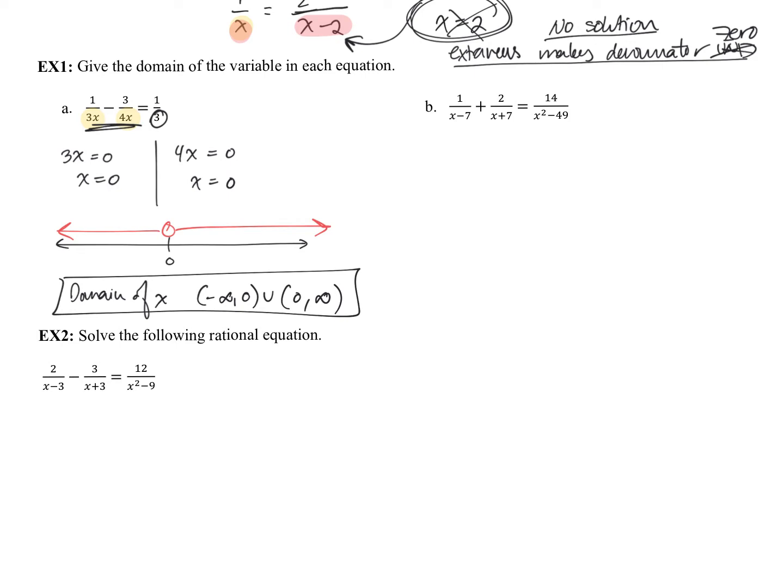Okay, so we have our variable in all three denominators this time. So once again, we have to set it up and figure out which values make my denominator 0. We can't have those because that's undefined. Well, solving the first two is pretty simple. Add the 7 to both sides. X equals 7. Solving the next one,